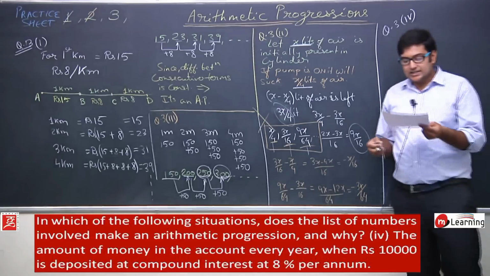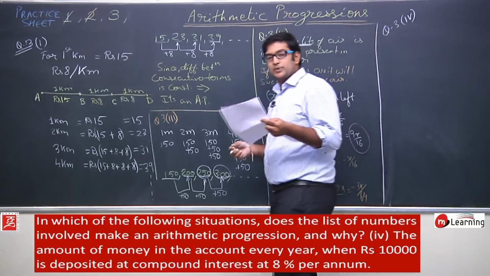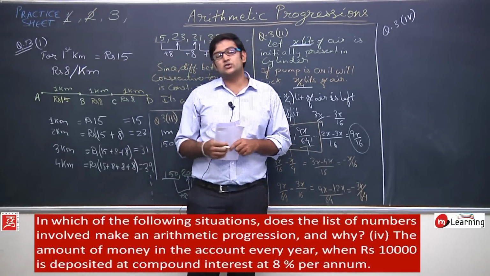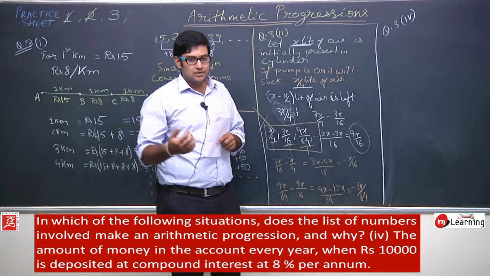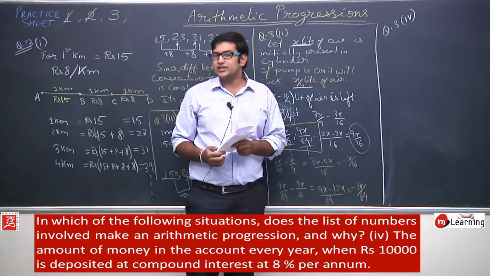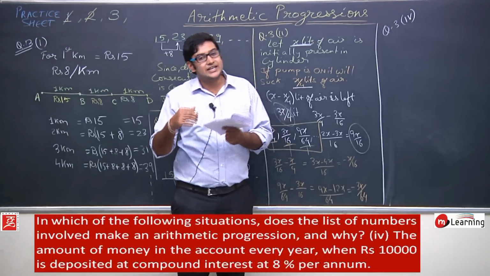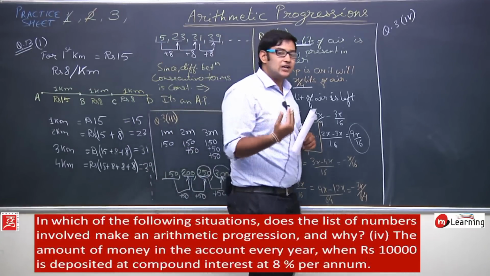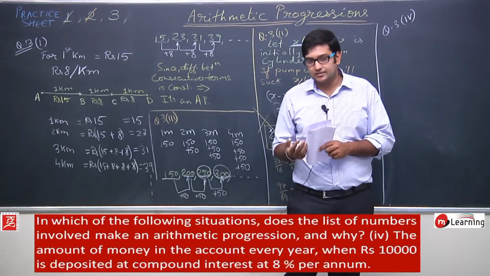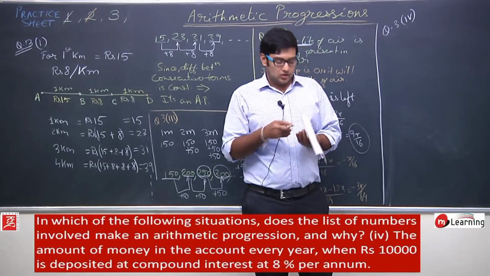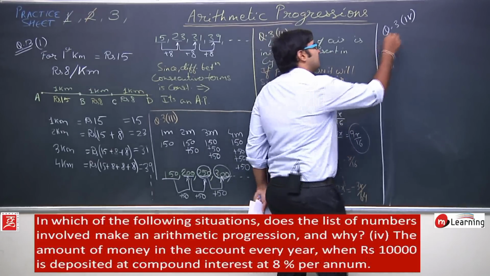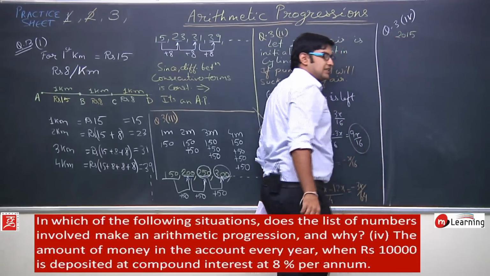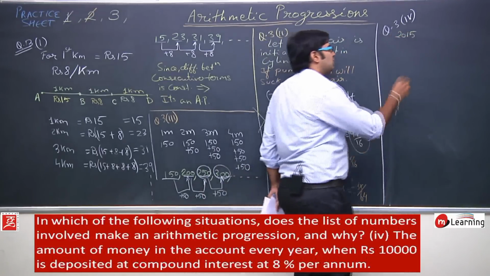So what it says is that if you deposit 10,000 rupees in your account and the bank is paying you, let us say, 8% per annum compound interest. What is compound interest? It is interest on interest. इंटरेस्ट के ऊपर भी जो इंटरेस्ट मिलता है उसे हम कंपाउंड इंटरेस्ट कहते हैं. Okay, so if I have, let us say in 2015, I have rupees